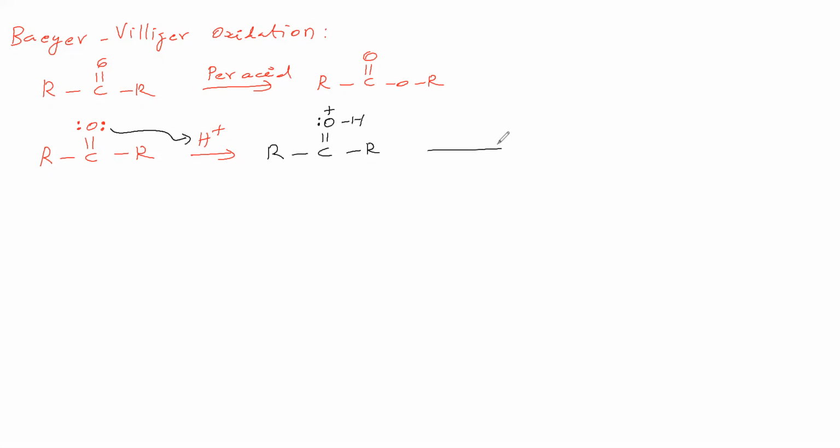Then we will take a peracid, for example PhCO3H. How is the peracid attacking this? That point we'll see. In the peracid, this oxygen is attacking this carbon, and this pi bond is migrating like this. Therefore, we are getting